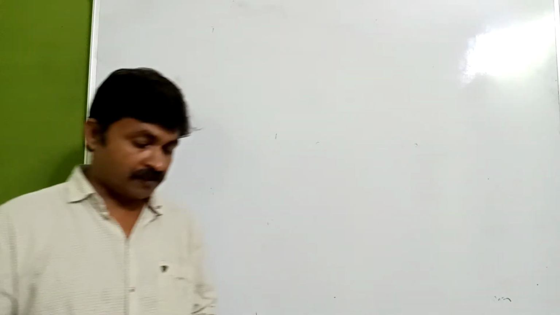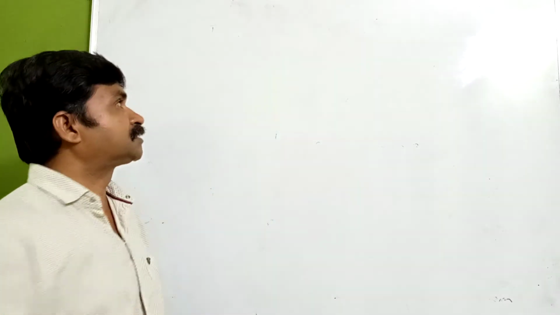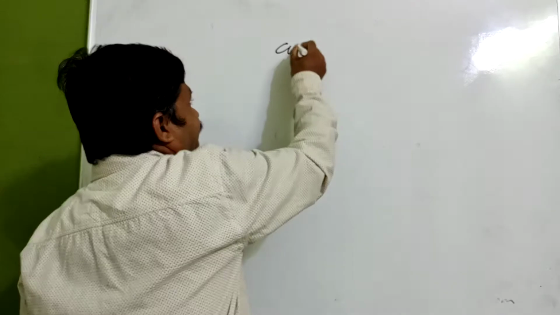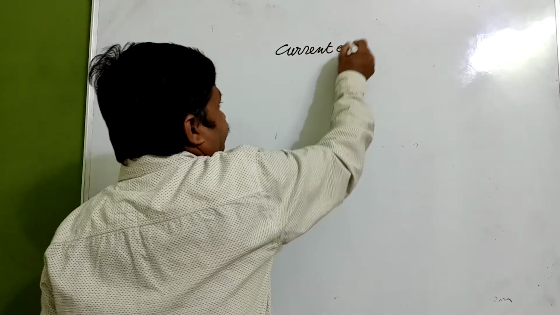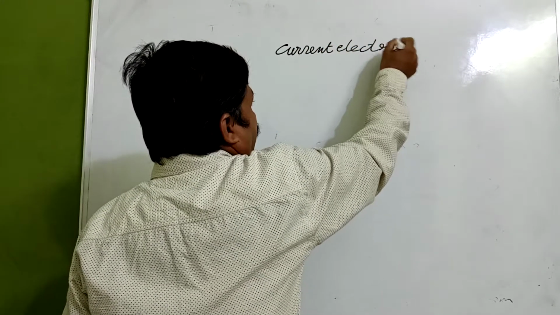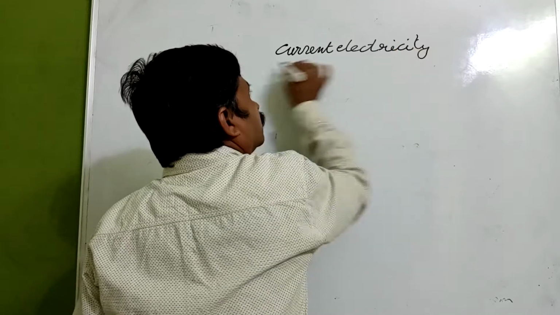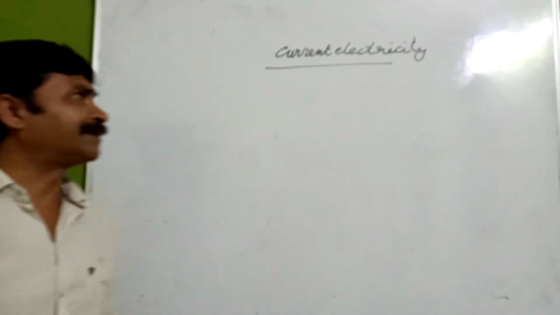Students, here we have gone through the two chapters: electrostatics, and electrostatic potential and capacitance. Now the third chapter, which is current electricity. Now if we go through the current electricity,